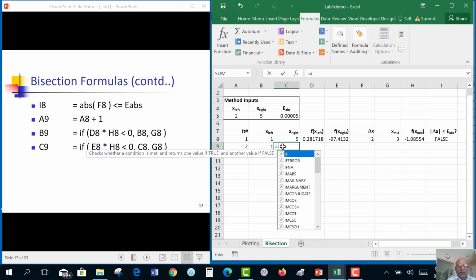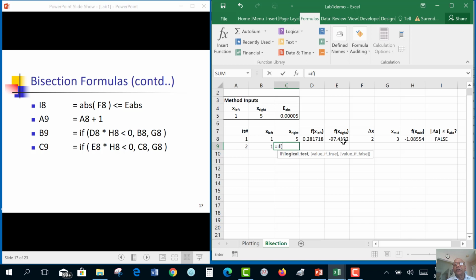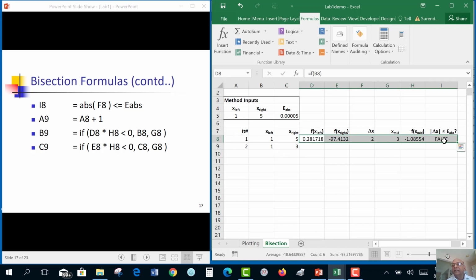Similarly, if function at right times function in the middle is less than 0, root is in right half, we don't need to move the right marker. Otherwise, we move the right marker to the middle. And that's all we need to do. We need to carefully type these equations. Once we have done that,